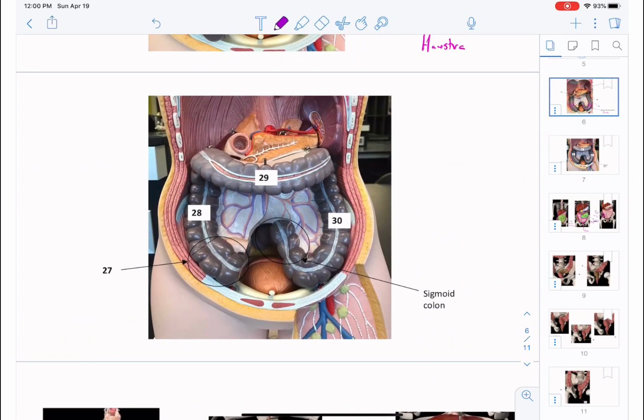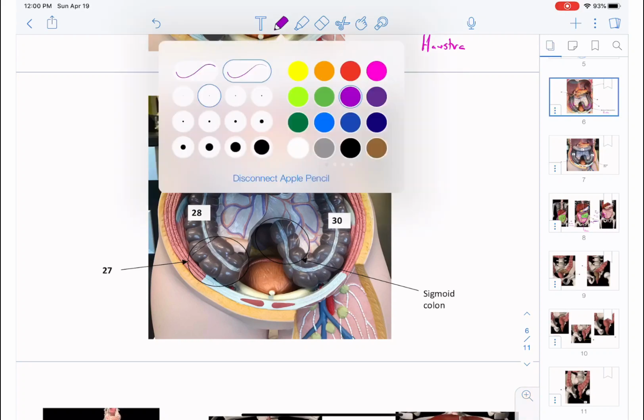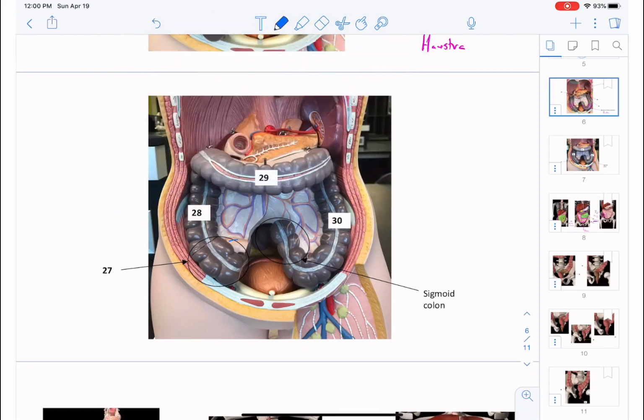All right, back up to this diagram. And again, we've taken out a few things here, the greater omentum, the small intestine. But what you can see is that this little last part there is the ileum, and the ileum deposits that chyme into the large intestine. This whole thing here